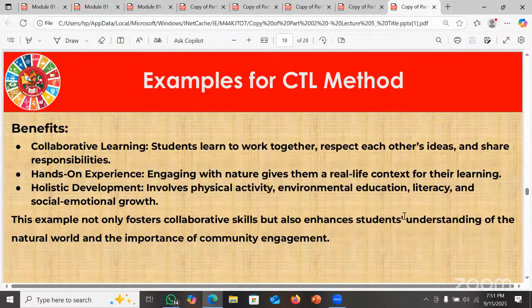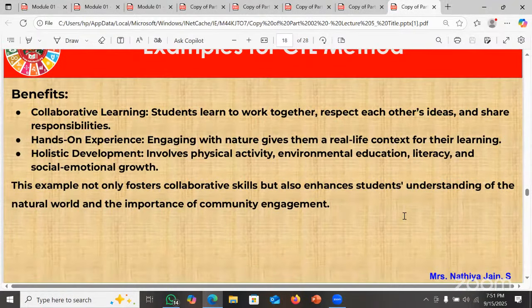Example for CTL method. Benefits. Collaborative learning: students learn to work together, respect each other's ideas, and share responsibilities. Hands-on experience: engaging with nature gives them a real life context for their learning. Holistic development involves physical activity, environmental education, literacy, and